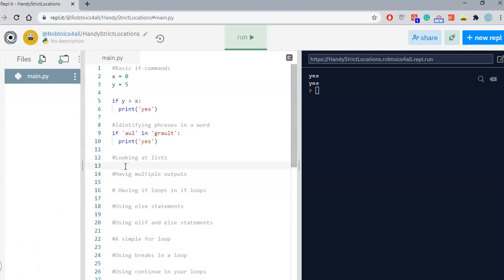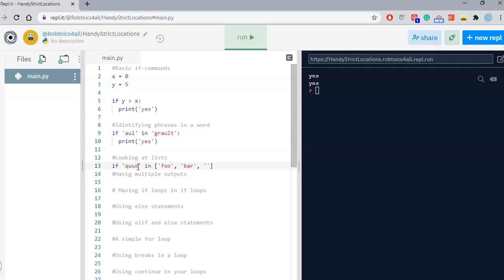Also, instead of just being phrases in a word, you can also look at lists. A list is basically like any other word list. Like, for example, if you're given 1, 2, 3, 4, 5, that's a list. And in Python, lists must be in these brackets. So it doesn't have to be in the expression itself, but you can have lists already set as variables. But in this case, we'll be creating a list in the expression itself, which is perfectly fine. So: if 'qux' in ['foo', 'bar', 'baz']: